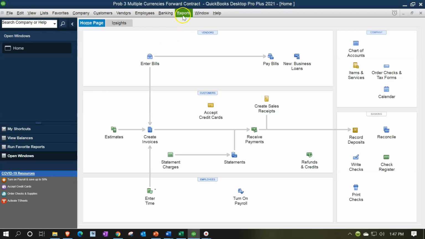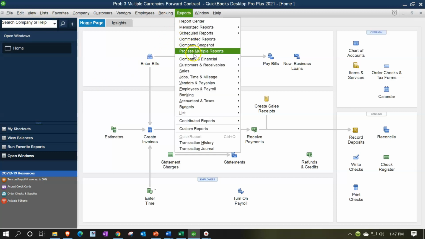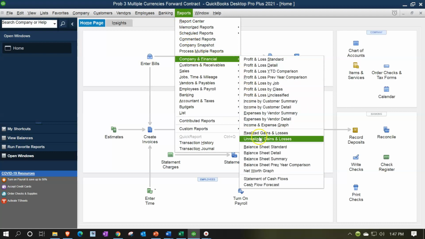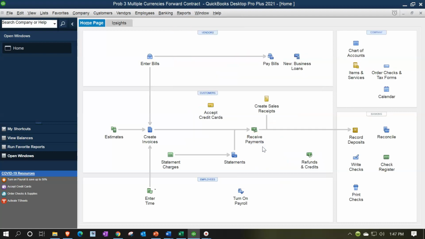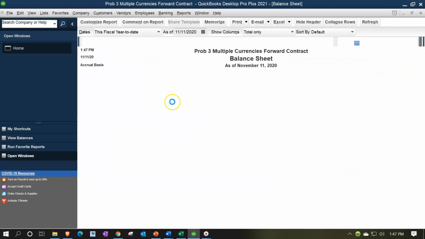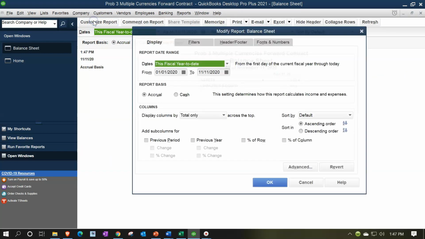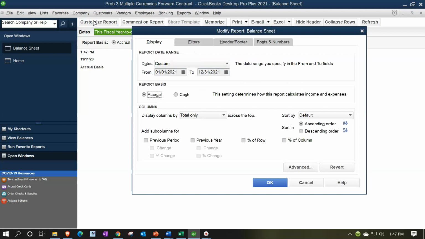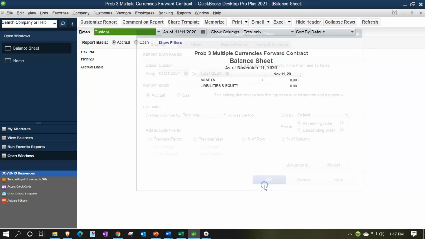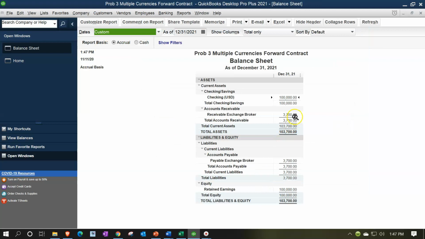Let's take a look at that now by going to the reports dropdown, Company and financial, and take a look at the balance sheet standard. Changing the dates up top and the customization of the reports from 01/01/21 to 12/31/21, January through December 2021, we now have the receivable on the books at the 3,700 and the